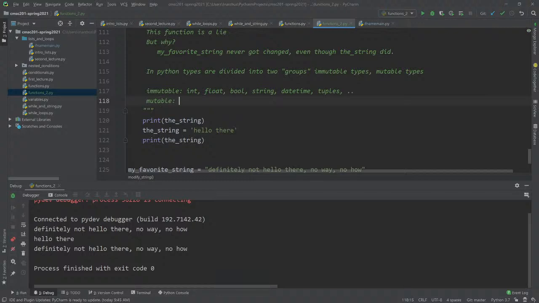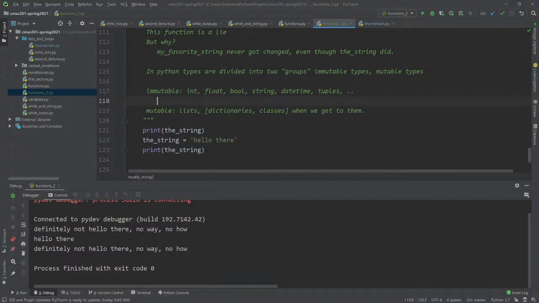The mutable things are lists, which is basically all you know right now, but also dictionaries when we get to them, and classes when we get to them. But the point is that the only mutable thing we currently know is a list. The rest of the stuff is immutable.